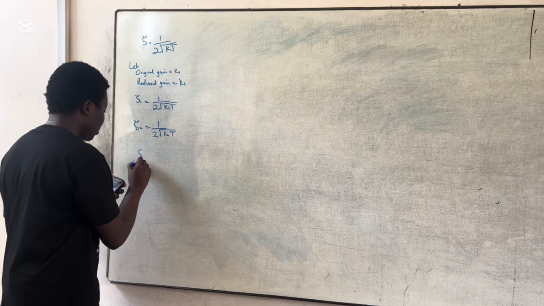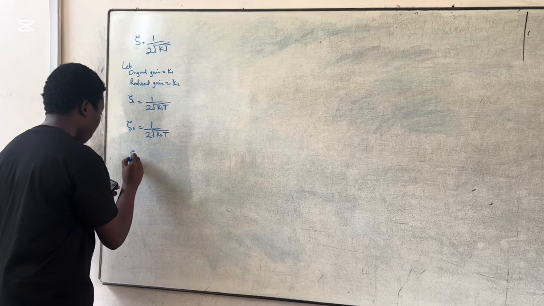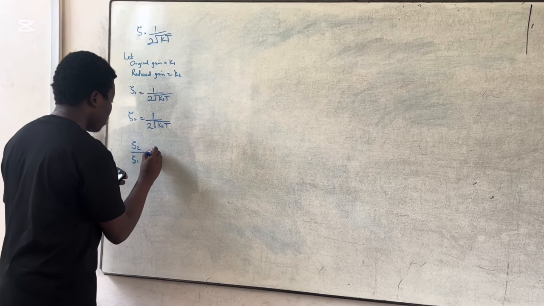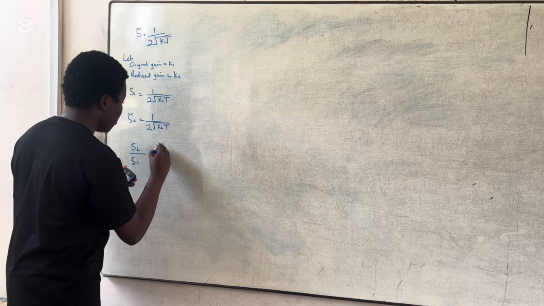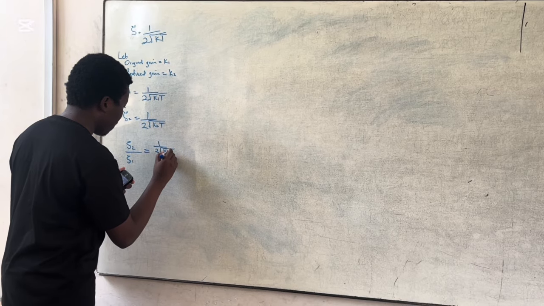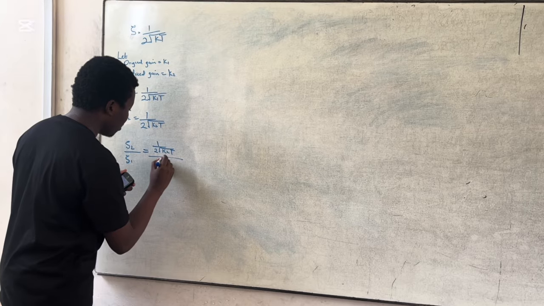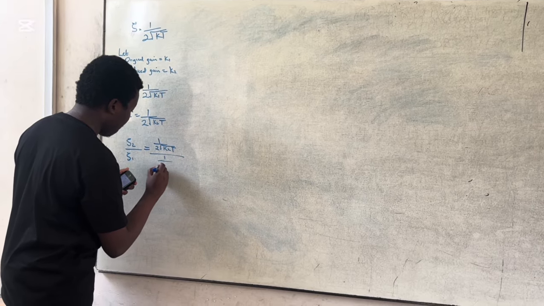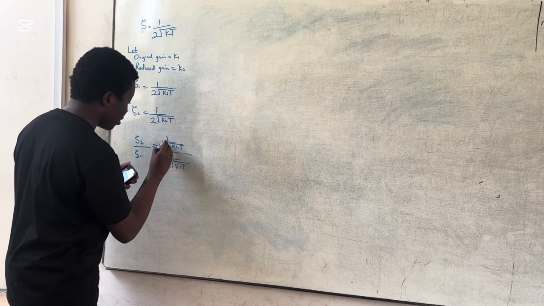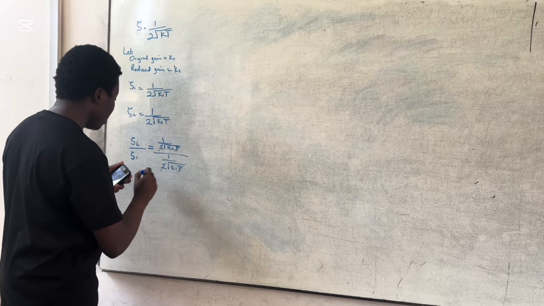So this will be 1 over K2 T all over 1 over K1 T. Oh, these two will cancel, this one will cancel this one. We'll be left with,